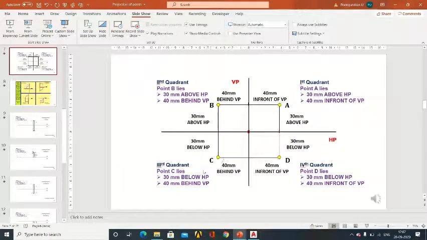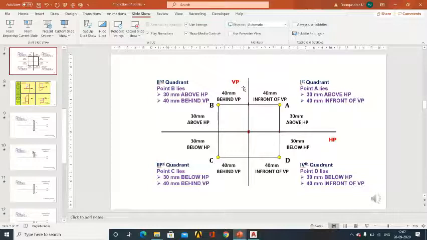Now we are going to draw the projection of point C present in the third quadrant in AutoCAD. Point C present in the third quadrant is denoted by 30 mm below HP and 40 mm behind VP. If the observer is seeing 40 mm behind VP, the front view will be below the XY line, and the top view will lie on this particular HP horizontal plane.